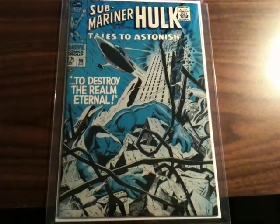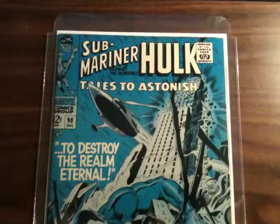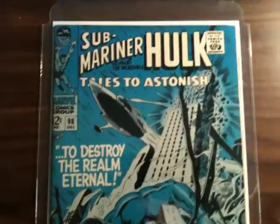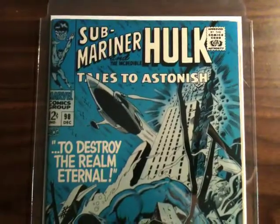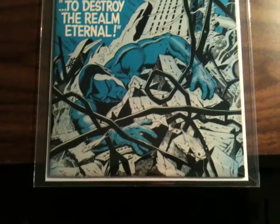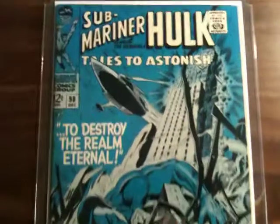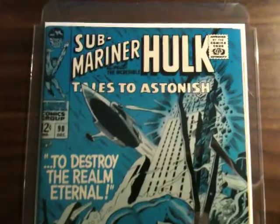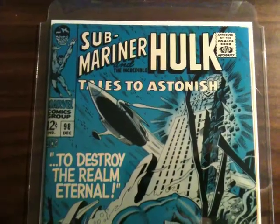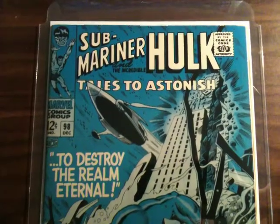It's quite a dramatic scene with another Submariner cover. I do like how they mix up the covers between Submariner and Hulk. And Tales to Astonish, like I said, I think it does have collector's interest. If you collect a book where it's just one character all the way through, say for example Hulk books, I love Hulk covers, but after a while, every issue is the Hulk doing a dramatic Hulk smash pose on the cover, and